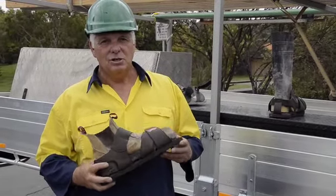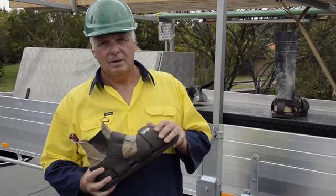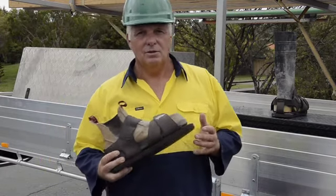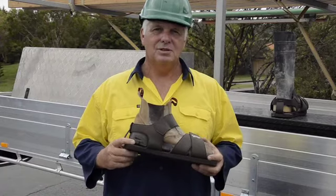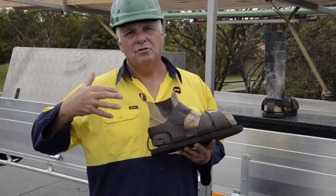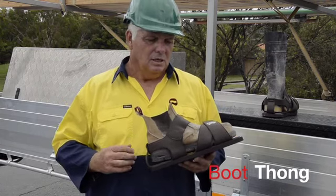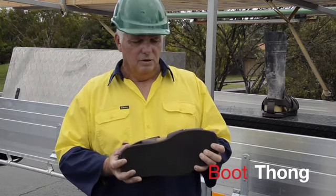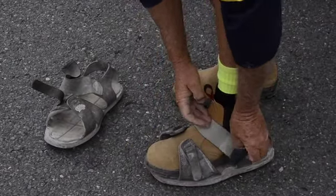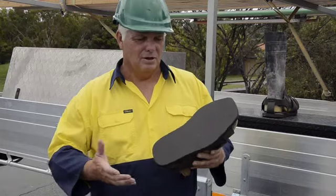Now on the construction site, Work Health and Safety insists that we wear steel cap boots. A great safety device, but when it comes time to finishing concrete, we find that there are difficulties. The heel print is firmly embedded into the concrete, which means that we have to spend extra time in finishing to remove these boot prints. The application of a boot thong, which is a sandal that fits over the boot, has a larger dispersement of area placed onto the concrete,